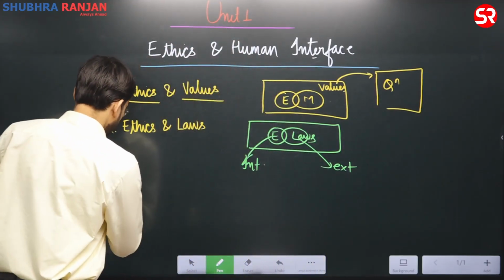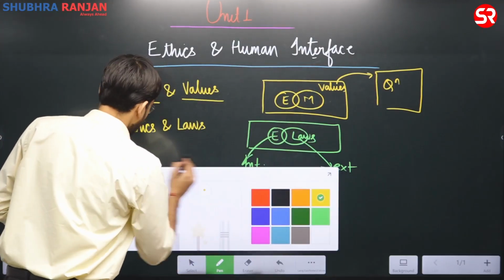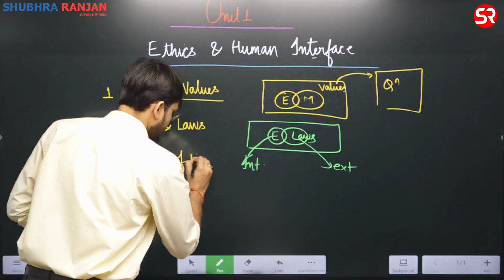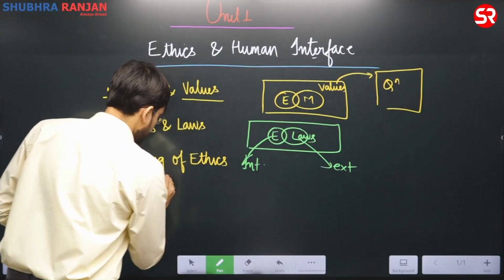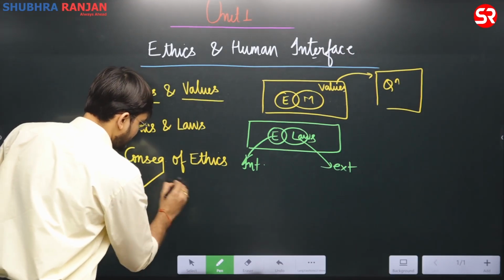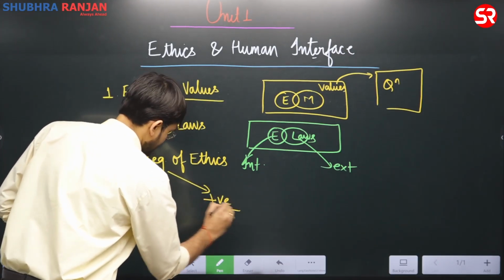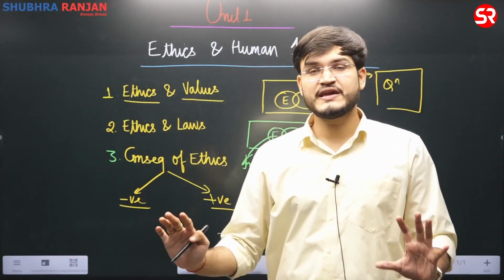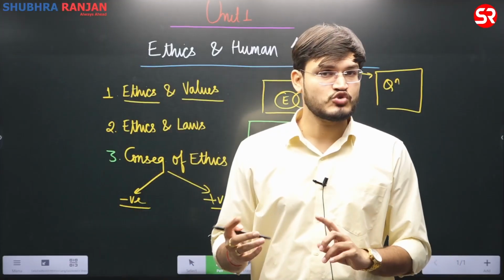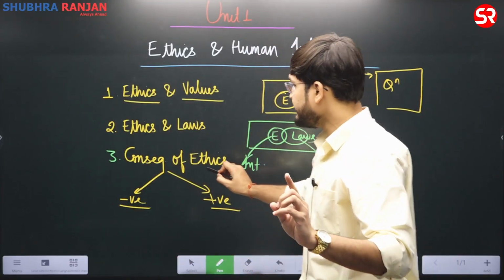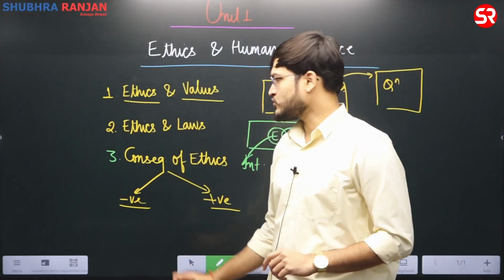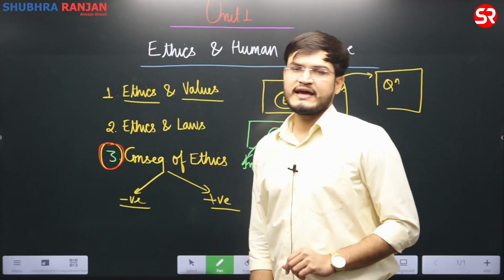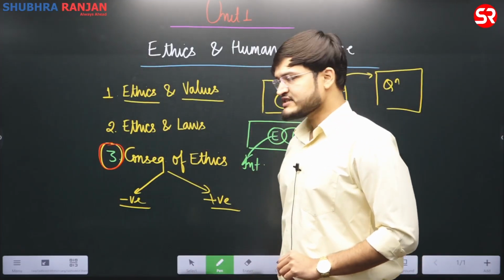The third theme is regarding consequences of ethics. This is a very, very important theme. They can ask various issues, for example, what will happen if ethics is there, if ethics is not there, and thereby issues and way forward. You should always have expertise in these two portions, because this theme is surely asked in the question paper. This theme is very important from unit number 1, ethics and human interface, that is, consequences of ethics.